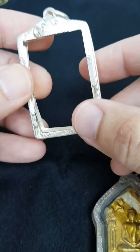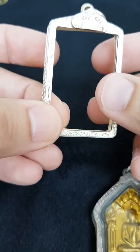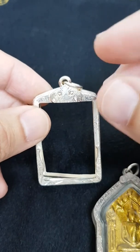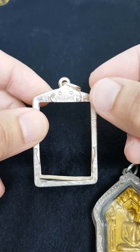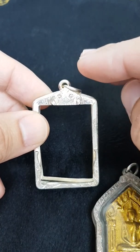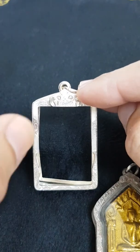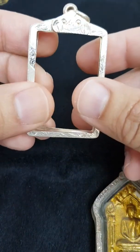So these are the silver casing pros. The cons, however, is that it will oxidize, and second of all, it's not suitable for people who have sensitive skin. Those people with sensitive skin are not able to wear silver items, even rings, necklaces, or casing. They cannot wear it. But for those who can wear it,